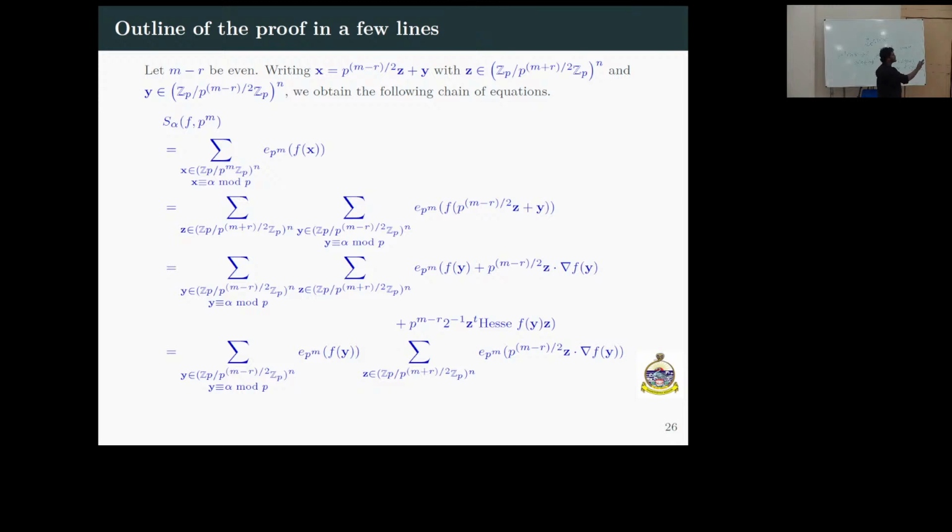Then we can use the Taylor expansion up to the third term. In the multivariable case, in the Taylor expansion, we have the notion of gradient and Hessian. That's why I've defined the notion of gradient and Hessian. Then if you put it in, it simplifies into these two parts, right? Because as in our definition, this contributes some p to the r. That means it will be total p to the m, and that will be nullified because this is modulo p to the m, right? Fine.